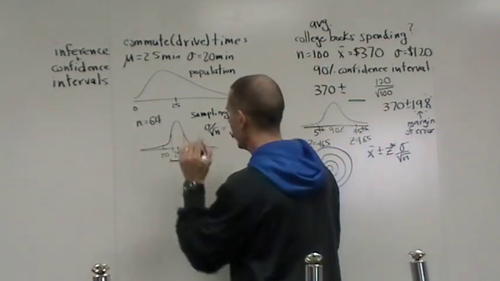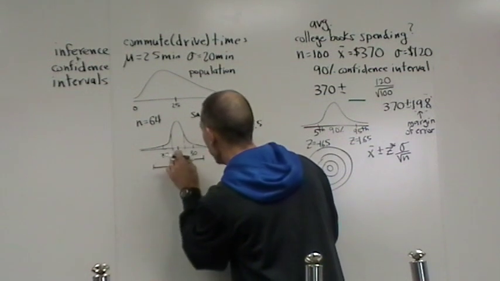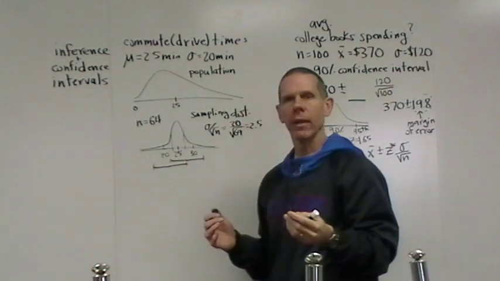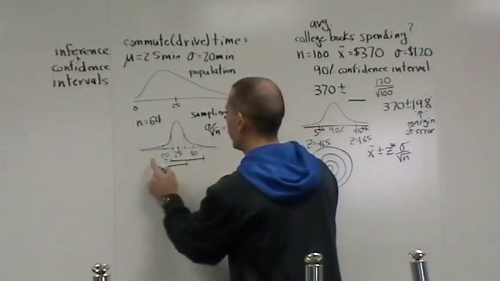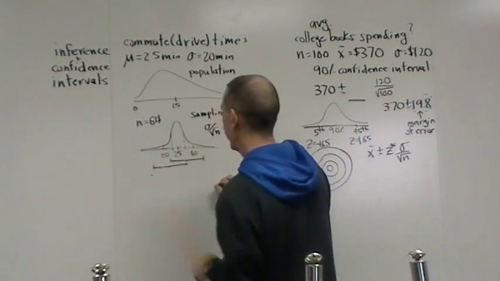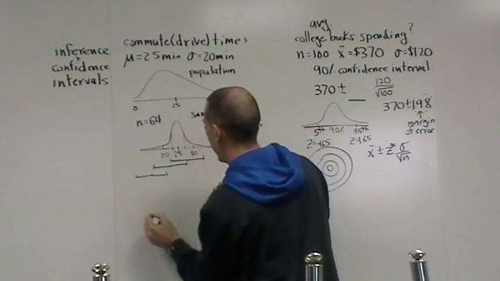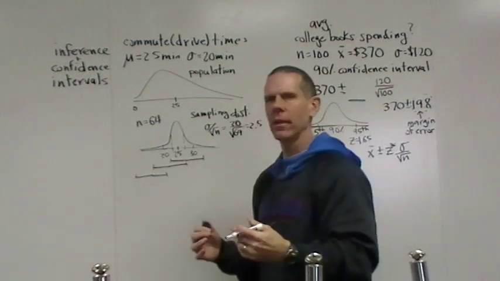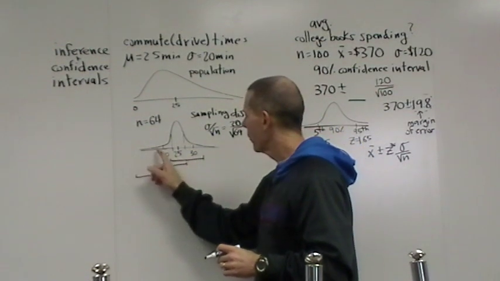I could do another one over here, and if I extend 2 standard deviations either side of that, lo and behold, within this confidence interval is the true mean. It happens most of the time. In fact, only if you get what we might call a bad sample, way over here somewhere. If I got a sample way over there and extended 2 standard deviations either side of that, I would not encompass, encapsulate, trap, however you want to say it, the true mean, because that was so far out.